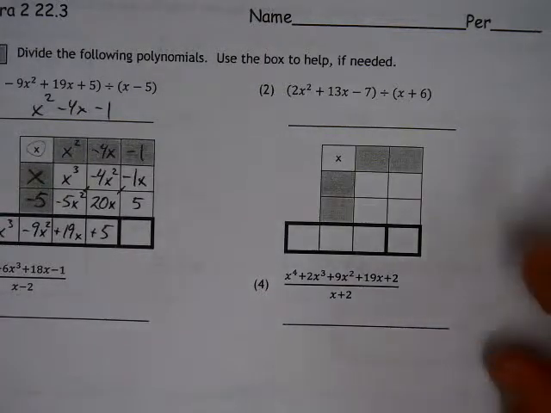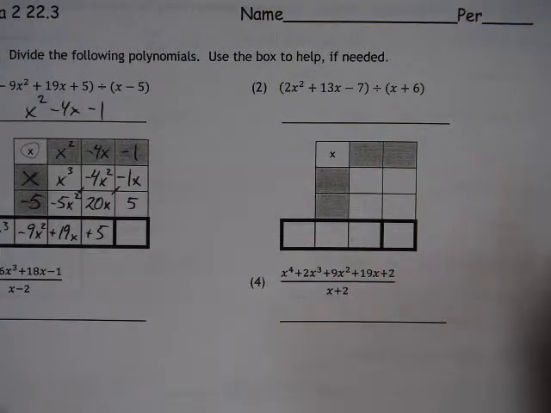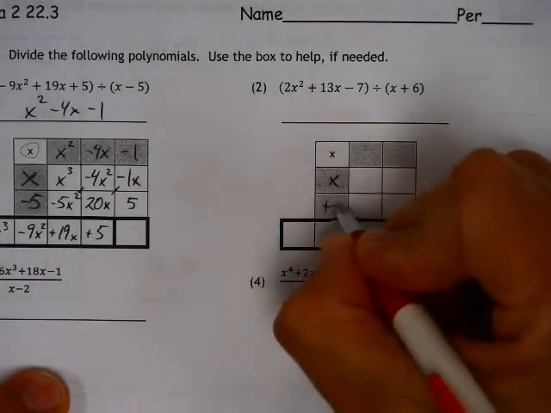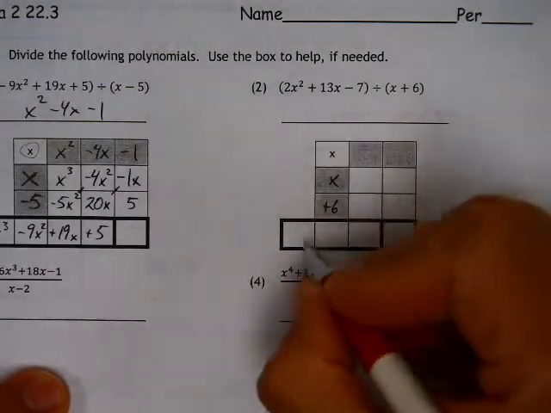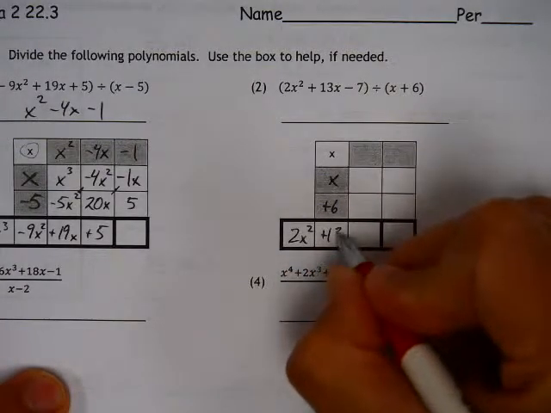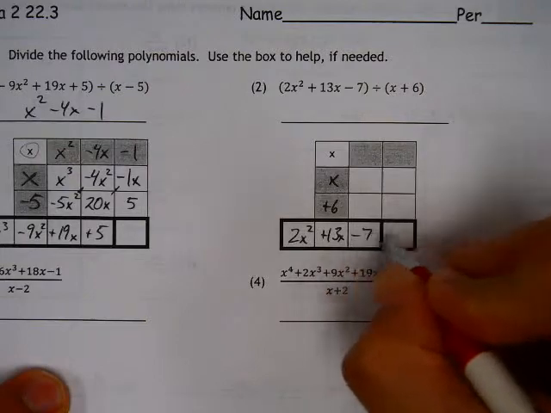Now I said no remainder on the last one. That was kind of my lead into this one. There's an x plus 6. We're going to end up having remainders today. That's the big difference. So there's some practice with doing exactly the same thing, but we may end up coming